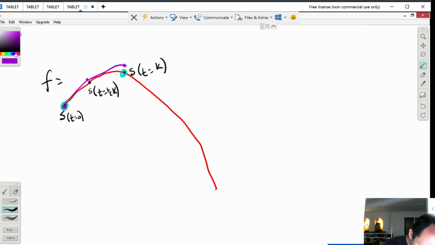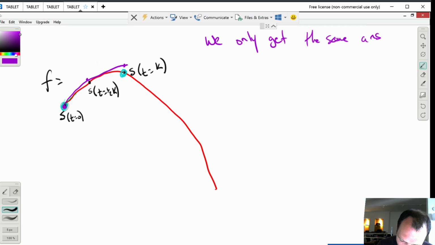I don't know. How different they are really depends on what the equation is. Why do we get different answers? Well, because we're evaluating f in a time steppy kind of a way. So, okay, we only get the same answer if